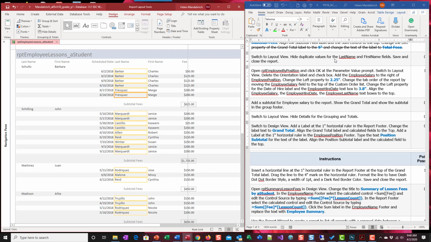Hide duplicate values for last name and first name fields. So what you want to do here, see how you have Barker, Barker, Barker, Barker. You don't really need to have this repeated, right? It's the same thing. So all you need to do is click on the